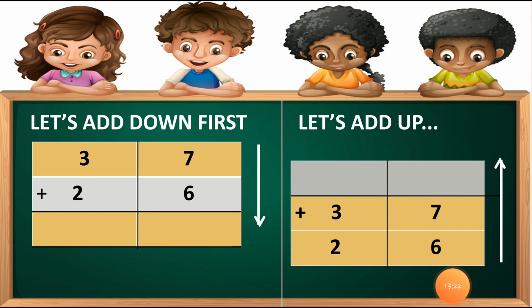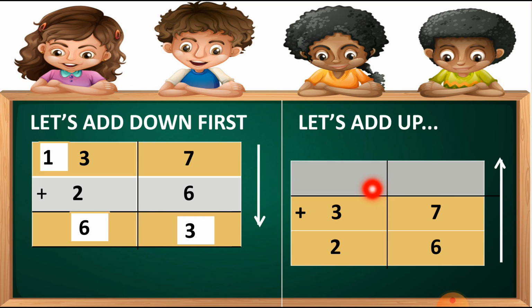Now here is the next one. So students, here the question is 37 plus 26. In this the ones column is 7 plus 6. So students, what is the total of this? 13. So we can put number 3 under the ones column and 1 will move as a carry forwarded number at the tens column. Now students, let's move to the tens column, which is 3 plus 2 plus 1. So here our answer is 63.